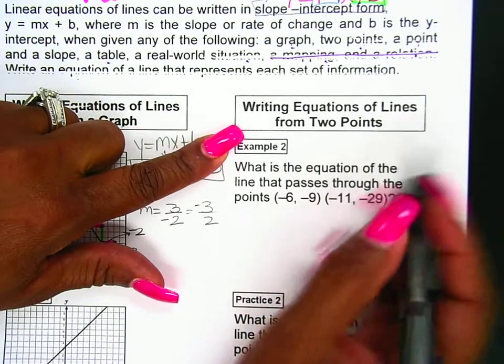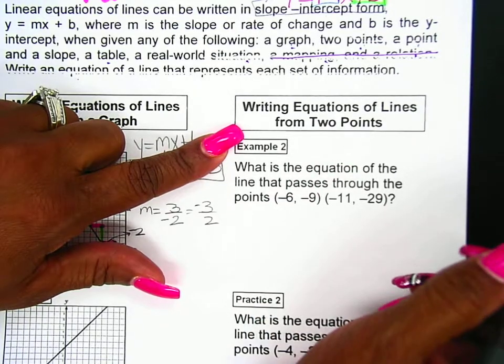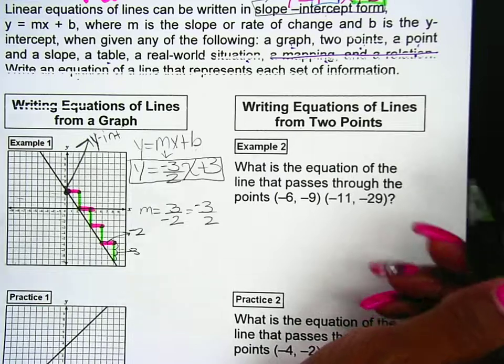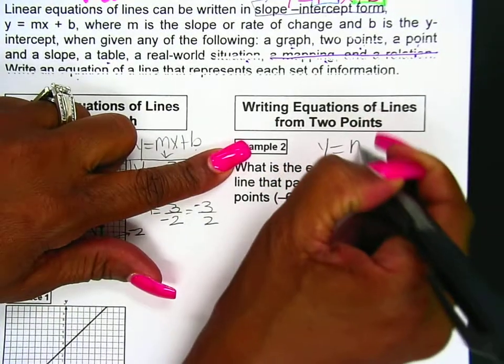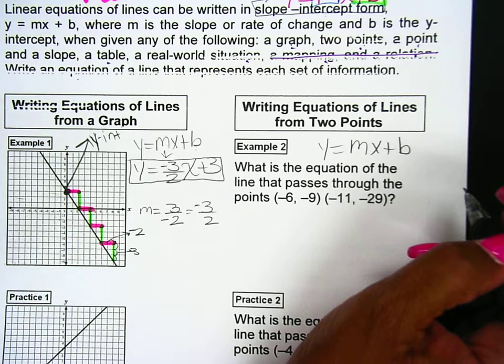Example 2 is writing equations of lines from 2 points. So you're probably like, how would you write the slope-intercept formula given 2 points? Knowing that I'm trying to write it in y equals mx plus b, you're saying I need my y-intercept and I need my slope. So there's 2 things. First, we need to find the slope. That's what I would do. Find the slope. Then